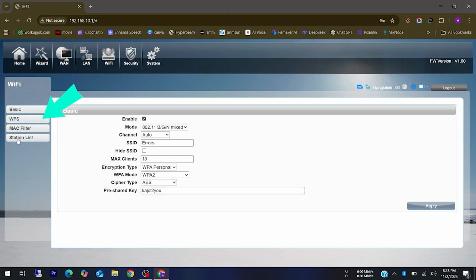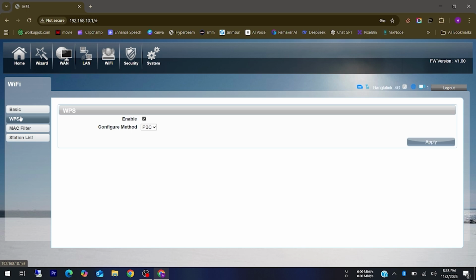The WPS, Wi-Fi Protected Setup, option allows you to quickly connect devices to your Wi-Fi network without entering the password manually. Here's how it works. Enable WPS. When WPS is enabled, you can press the WPS button on your router or select the WPS option on your device to connect automatically. WPS PIN. Some routers also offer a PIN method, where you enter a code instead of pressing the button. While WPS is convenient, it can be a security risk if left enabled, so only use it temporarily when connecting